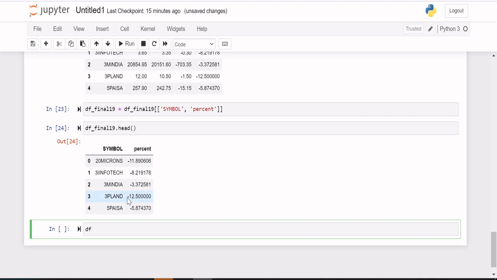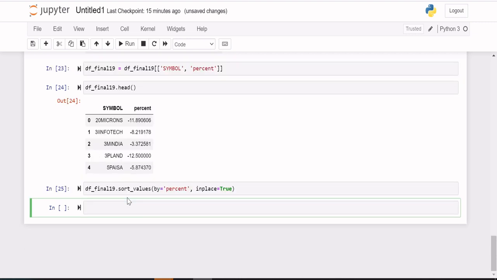So now let me give df_final19.sort_values(by='percent', inplace=True). Now df_final19.head().